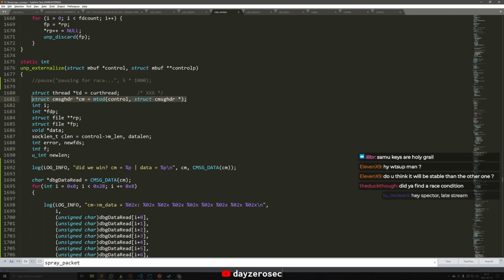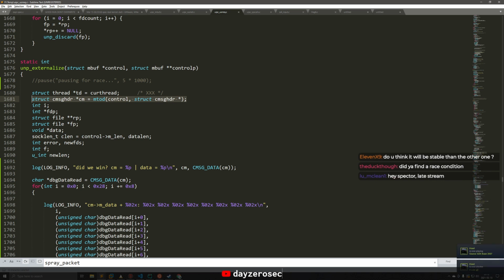So yeah, in regards to the bug, the bug is not a race condition. I'll be clear on that. The bug is a double free. I'm exploiting the memory corruption in a racy way, is how I'd put it, I guess.